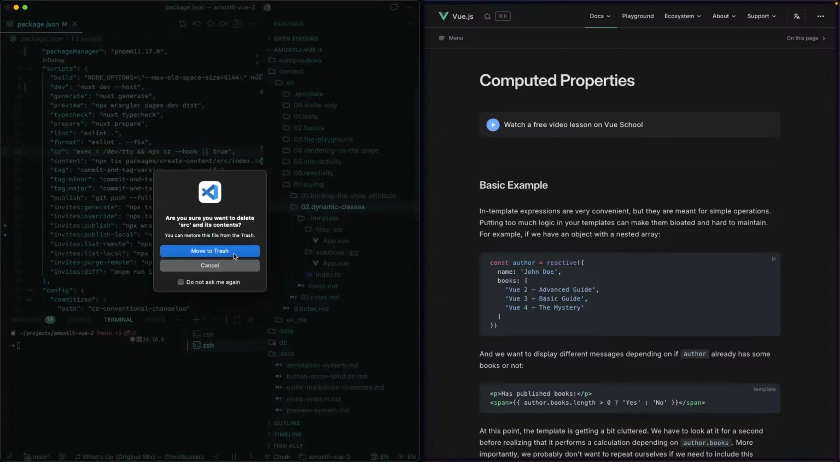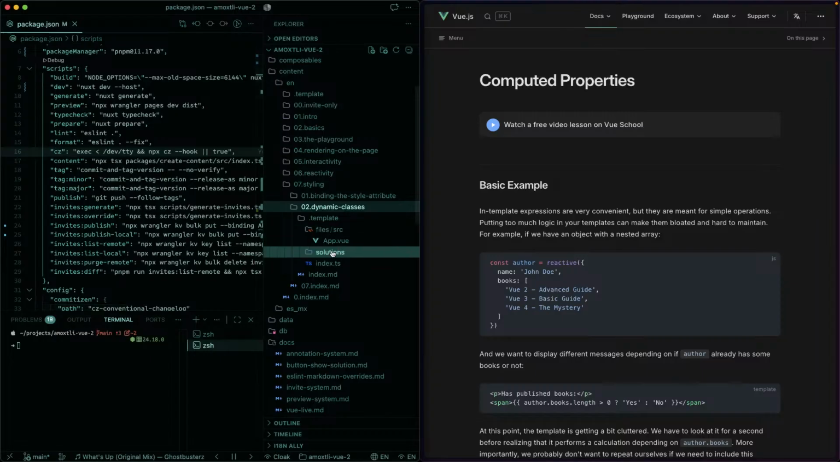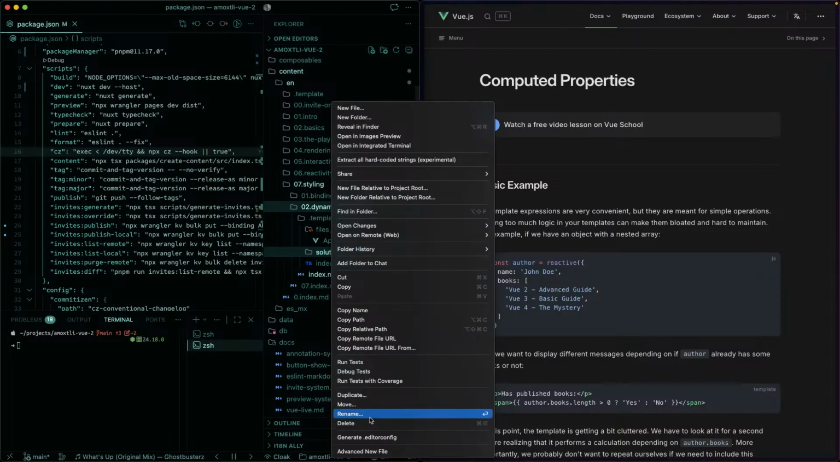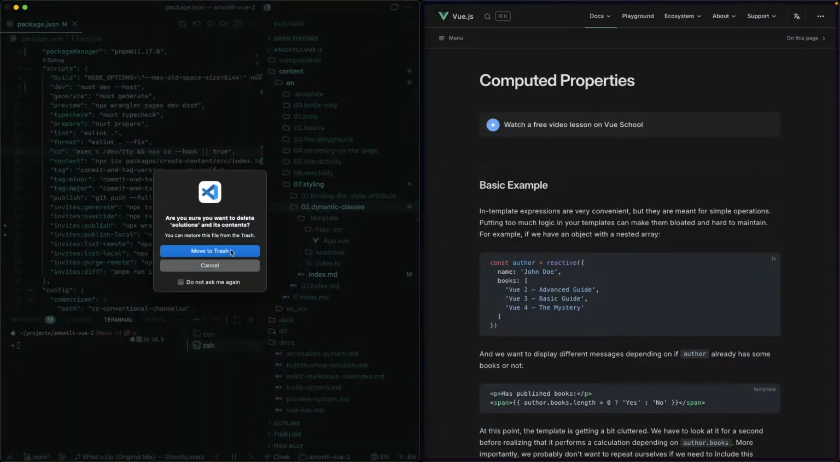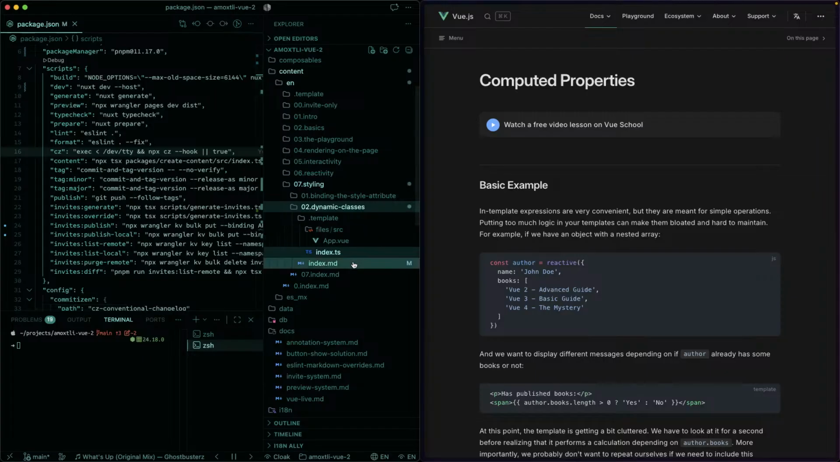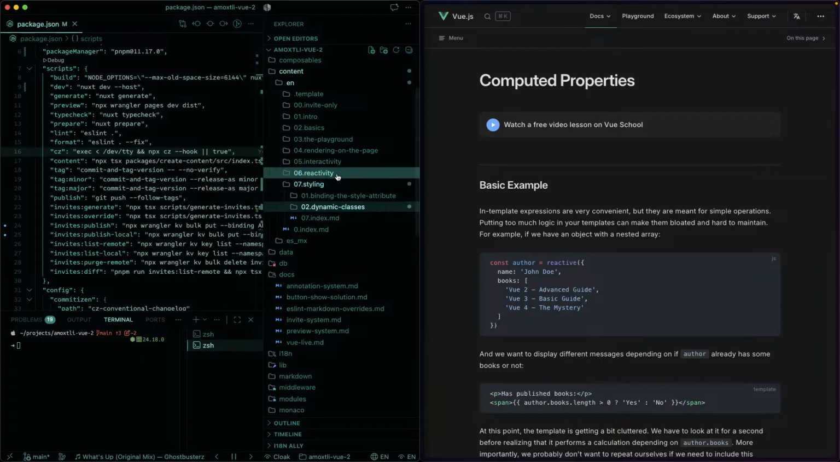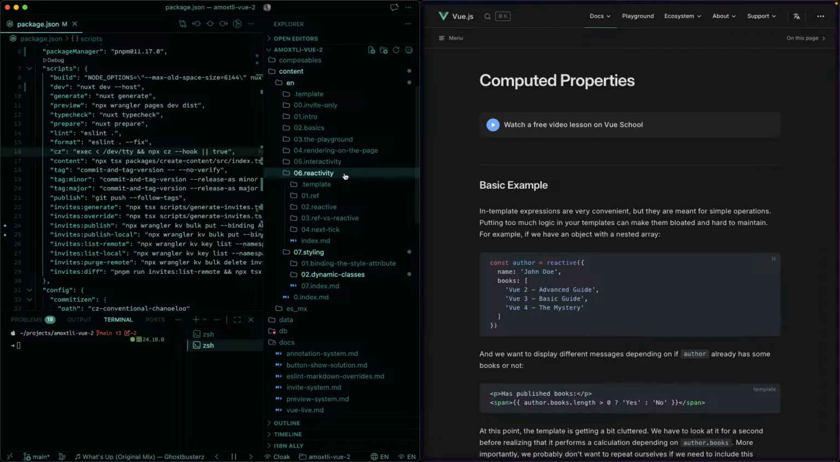Delete. So there's no solutions. There you go. No solutions for this part. But in reactivity, so you can see I have 1, 2, 3, 4. And let's create